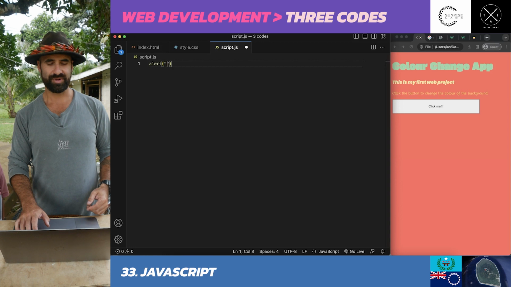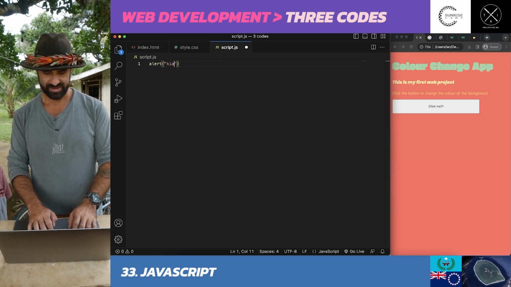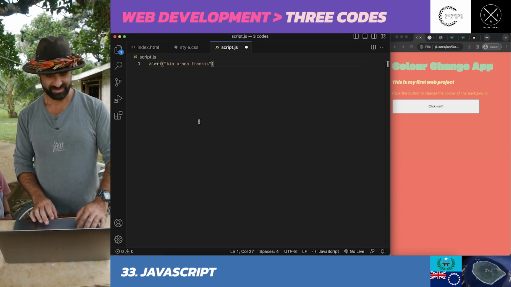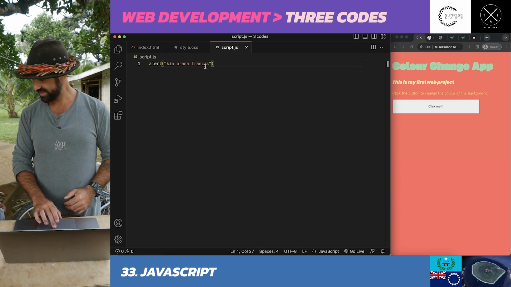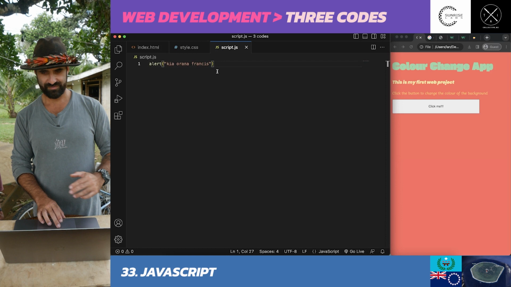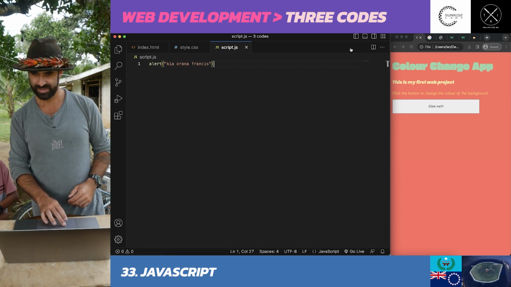And then inside the brackets, we can do speech marks, and we can say Kia ora na Francis. And then we save it. Is that how you spell your name? With an I or E? I. I, cool. So we save that alert function, put Kia ora na Francis in the parentheses, and then if